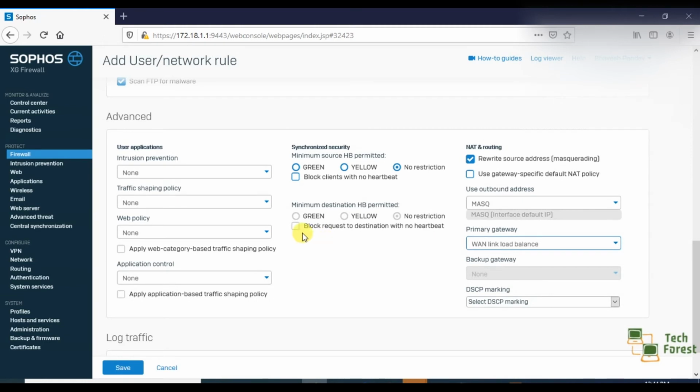Here we have the option of synchronized security. Basically, Sophos also sells one antivirus product for endpoints like a CPU or laptop. Once we install that endpoint security on a laptop, it sends a heartbeat at frequent intervals. So here we are setting, means it's not a part of firewall training. We can skip this, but it's not a lengthy topic, so I am concluding this right now.